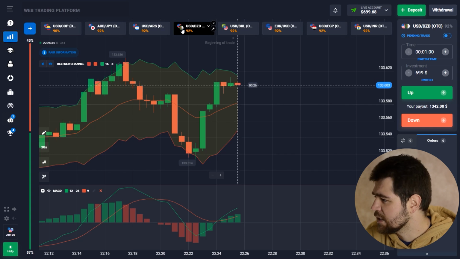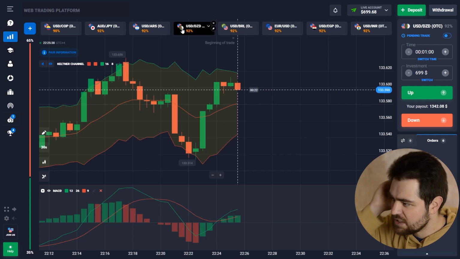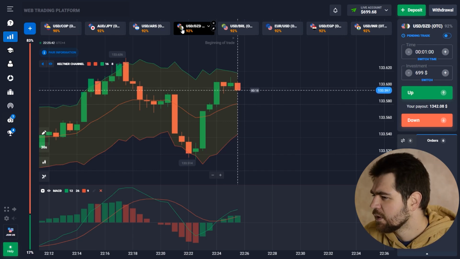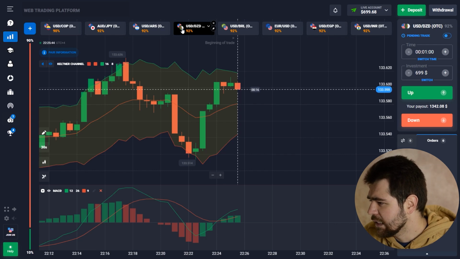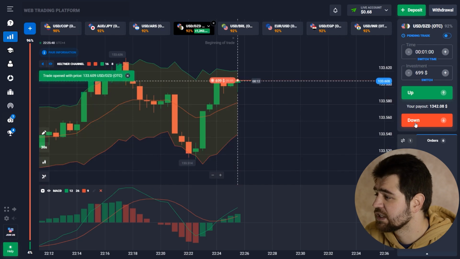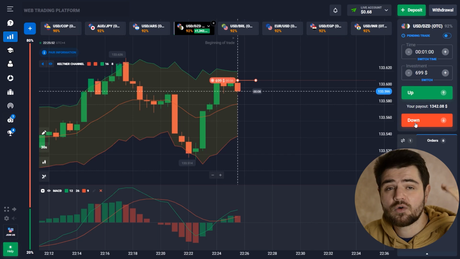Let's see. Okay, we're getting to a resistance level here, so maybe we'll go with a put option here, because we're expecting the price to bounce off the resistance